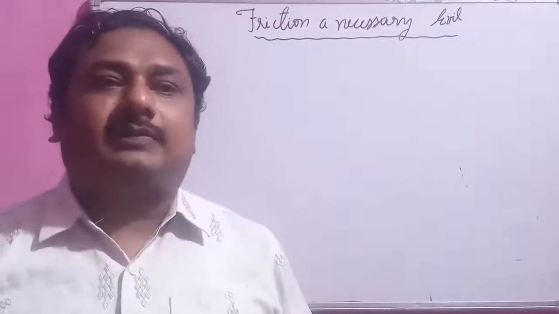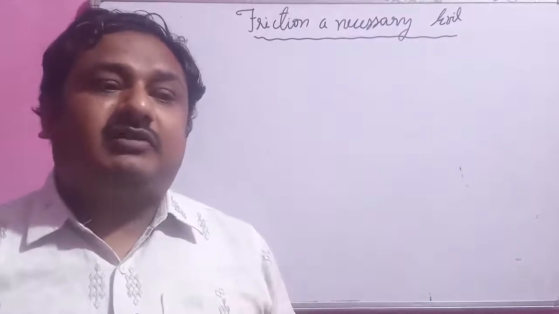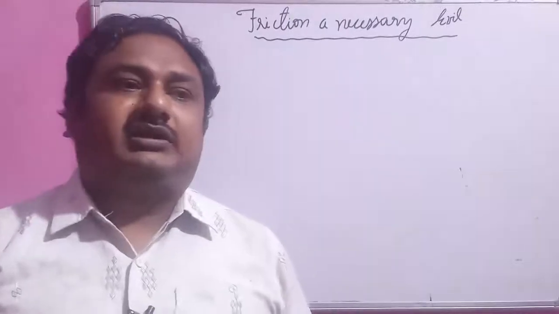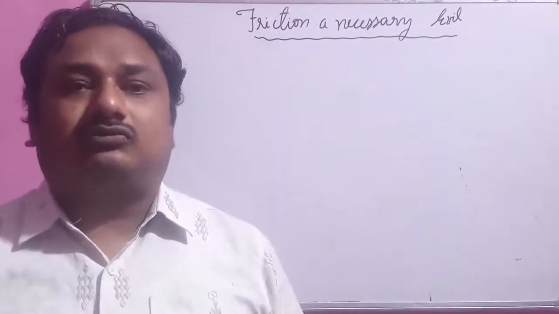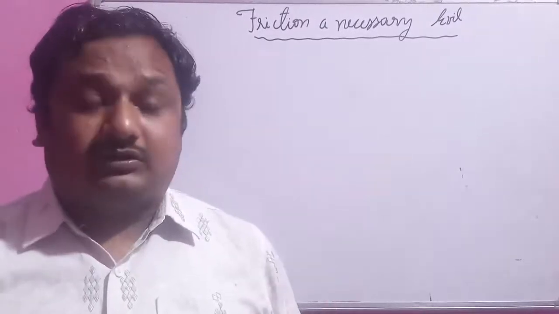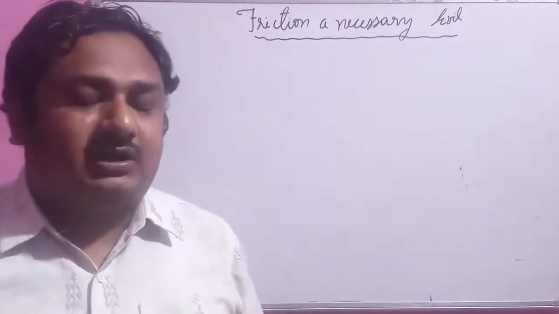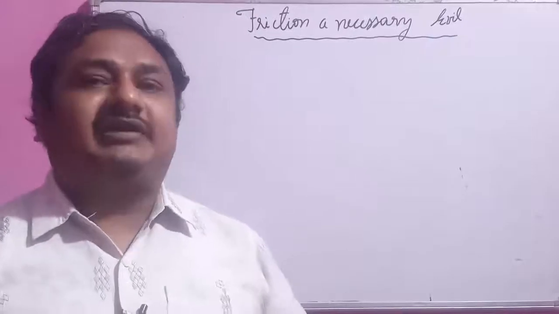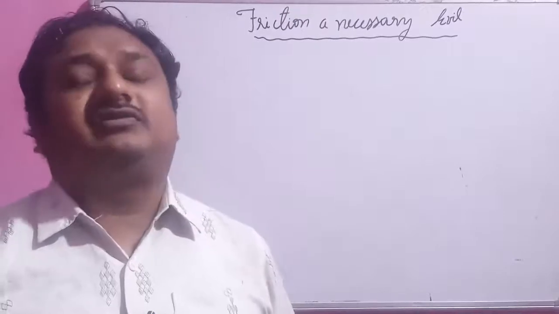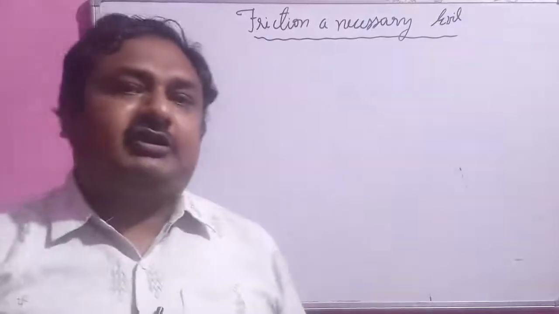So a variety of work we are doing in our daily life, from morning to evening, somewhere the friction force is desirable and somewhere it is not desirable. Where is it not desirable? It is not desirable where it causes wear and tear. Wear and tear means that the tires of a vehicle get worn out because of the friction. And if there is more friction, whatever energy we have, suppose I am riding a bike or cycle and the road is sandy, there is a lot of friction. So my whole energy is wasted in the friction force, and less useful work is obtained. So somewhere it is not desirable and somewhere it is desirable.